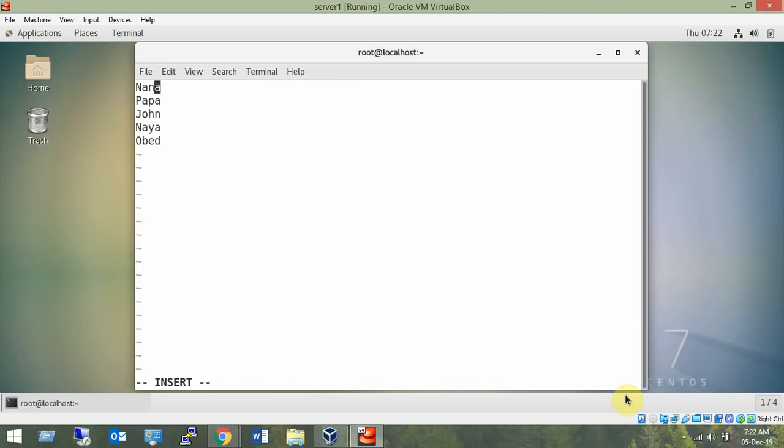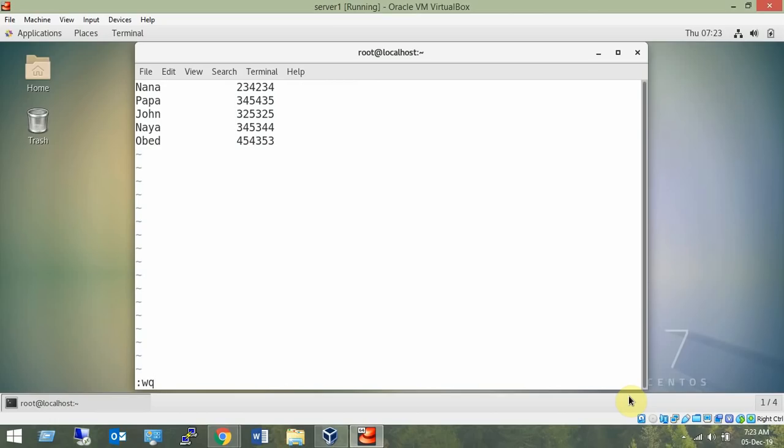Let me type some numbers in front of them, pressing the tab key multiple times, just to create some data which will be required in my next command. Now I'm quitting and saving the file. Escape, colon, wq is to save and quit.